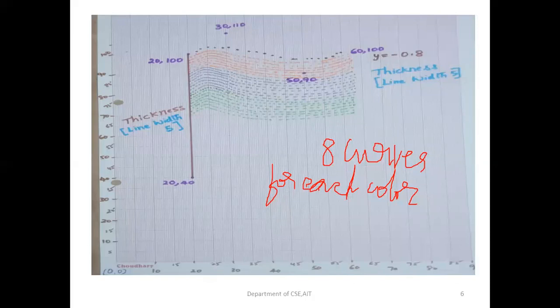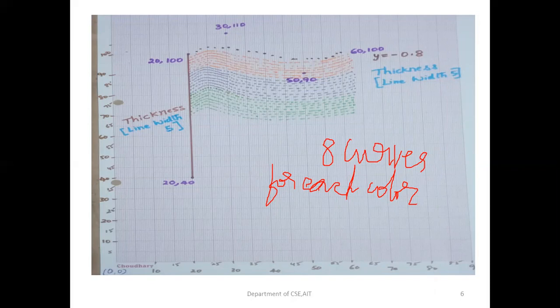So the flag post will be drawn from (20, 40) to (20, 100). And the first curve I have drawn on the top is the actual values we are getting from the program. For the actual values of the program, I have traced the values here. Then depending upon the 4 control points, we will be having 8 curves each of the red color, white color, and the green color. The middle one will be drawn using white color, but I have drawn it here using blue color to get the difference. So we are having totally 24 curves that will be drawn.